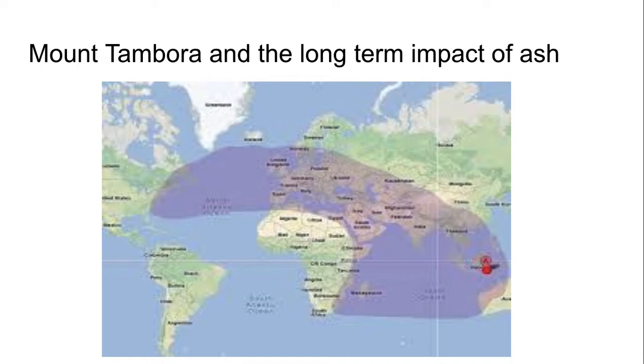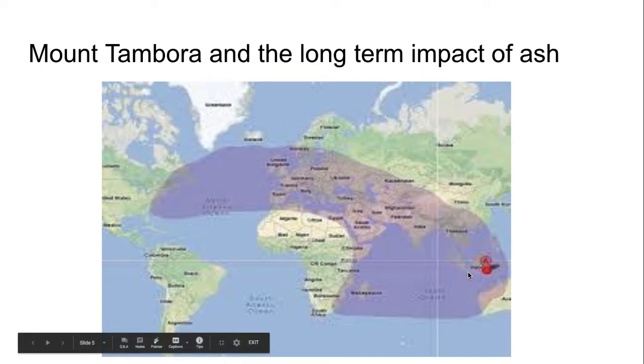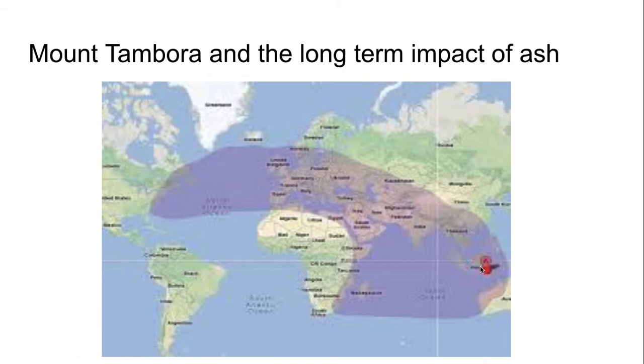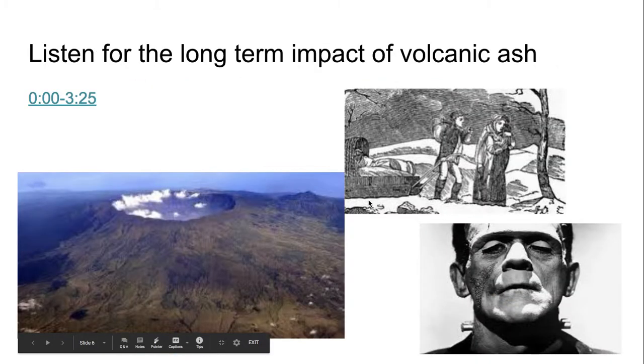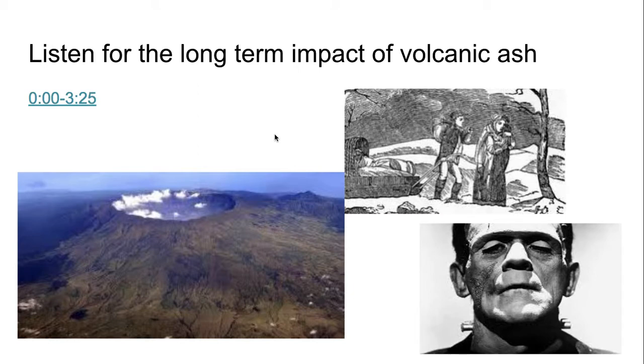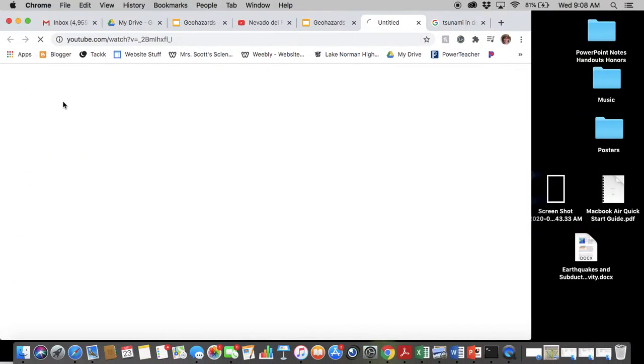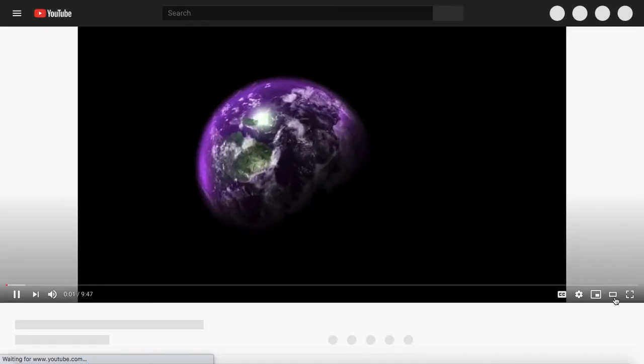And I want to show you this little story about this place called Mount Tambora. Just a little reference. Mount Tambora is a volcano here in Indonesia, way the heck over here, almost by Australia. So I want you to listen for how did Mount Tambora affect people that didn't even live near the volcano, and how did it affect them for years afterwards? We're going to watch this video, only the first couple minutes of it. We're going to say no ads, YouTube. Perfect.